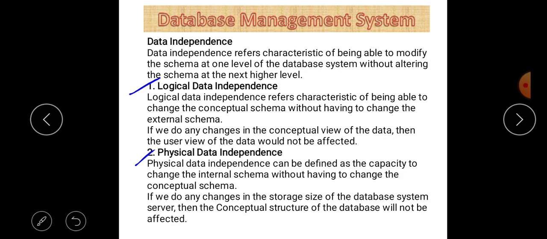First of all, logical data independence. Logical data independence refers to the characteristic of being able to change the conceptual schema without having to change the external schema. If we make any changes in the conceptual view of the data, then the user view of the data would not be affected.